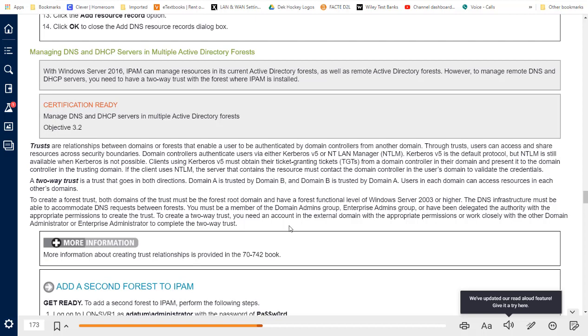A two-way trust, as we discussed before, is a trust that goes both directions. I trust you and you trust me. You allow me to see your resources. I allow you to see my resources. Same thing. Domain A is trusted by domain B, and B is trusted by A. If there are more